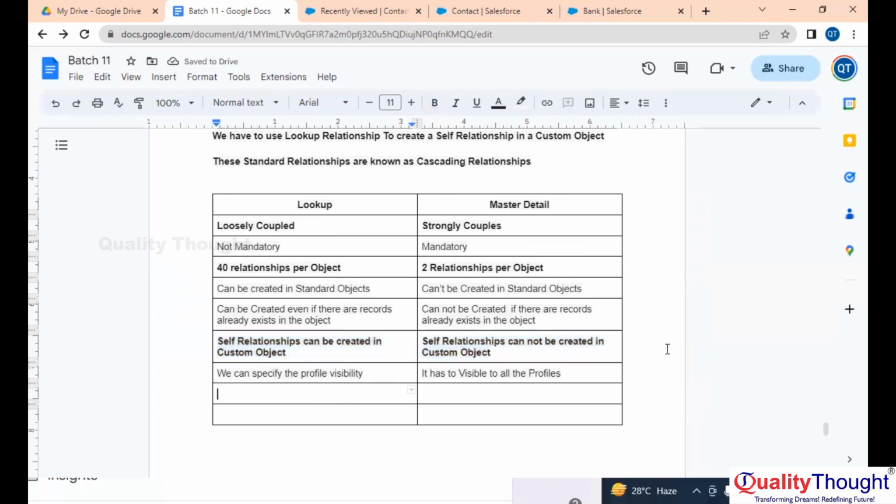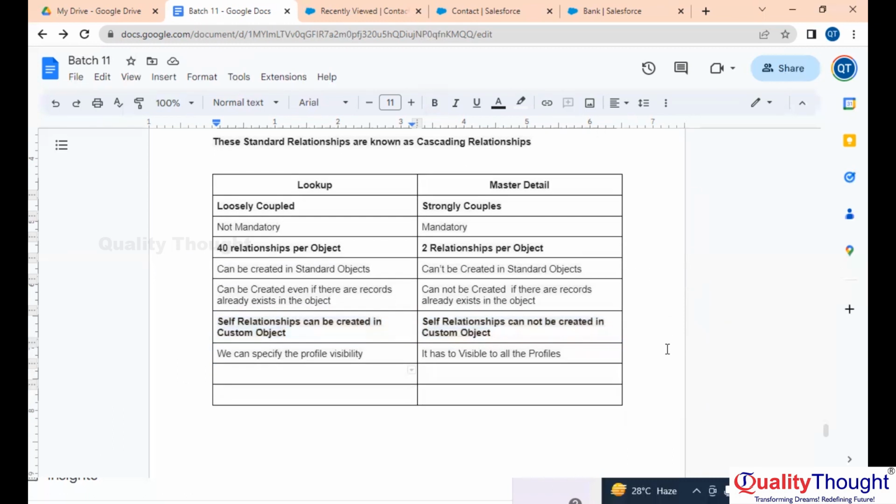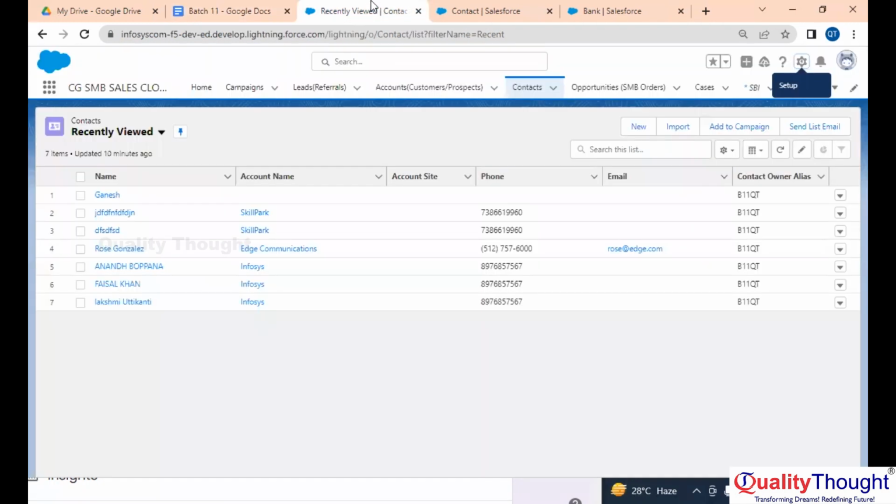Now, you people tell me, can I convert a lookup to master detail? Is that possible? Yes, it is possible. Nice. Can I convert a master detail to a lookup? That's also possible, but again, if you want to convert a lookup to master detail, all the values should be filled. For example, here